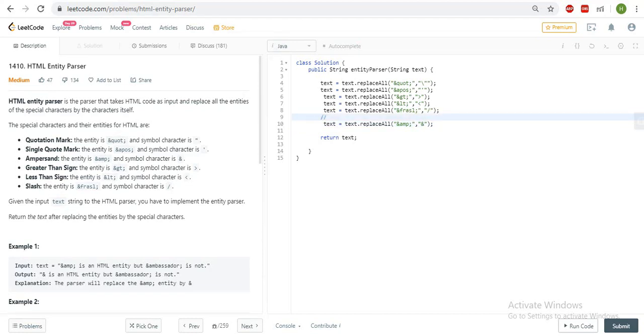For example, suppose you have an input string like this, ampersand amp semicolon gt semicolon, something like that. If you use this replaceAll before these other replaceAlls, what it will do is it will change this to the ampersand, and after that it will again become a special character, because gt is a special character. So this will give us a wrong output. That's why I've used this to replace the ampersand special character at the end.